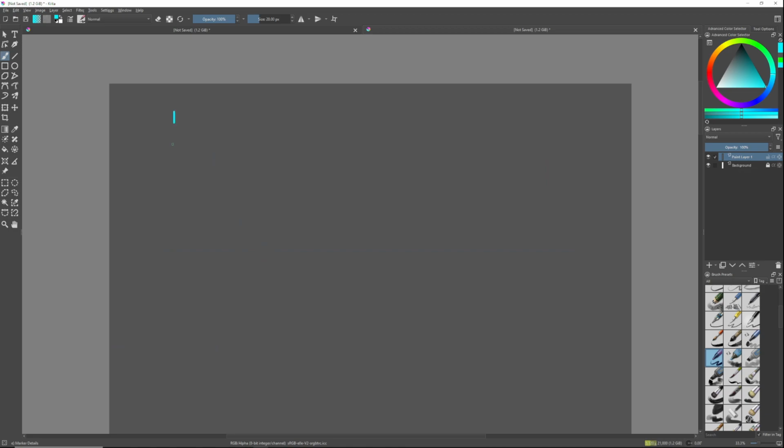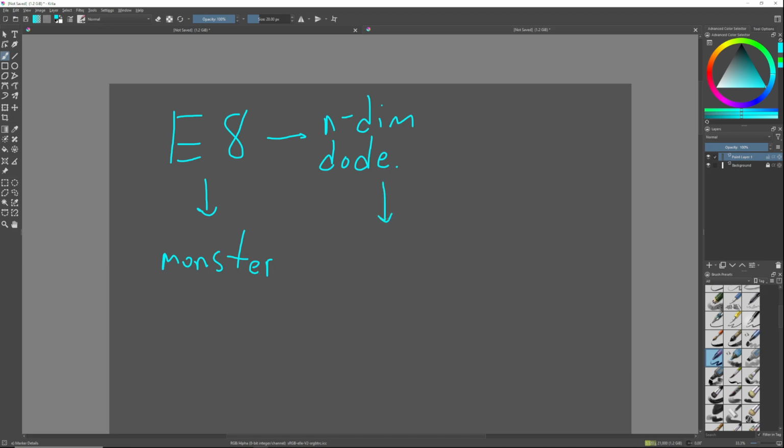Okay. E8 related to... what do you call it? The n-dimensional dodecahedron. I don't know what you call it. N-dimensional dodecahedron, or icosahedron. Same symmetry groups, okay? These are connected. And this is connected with the monster somehow. Pretty sure. Again, if I got that wrong, this whole conversation is stupid. And if you're along for the ride with me, somehow the canonical rotation in n dimensions